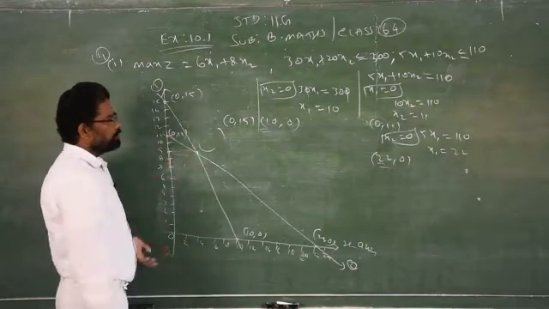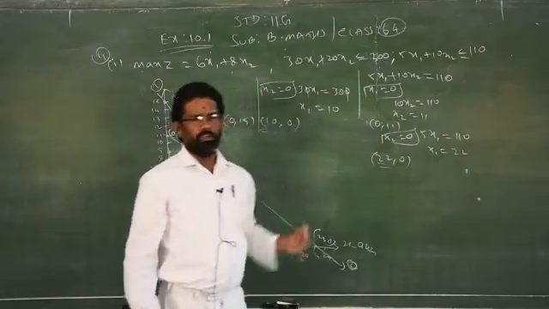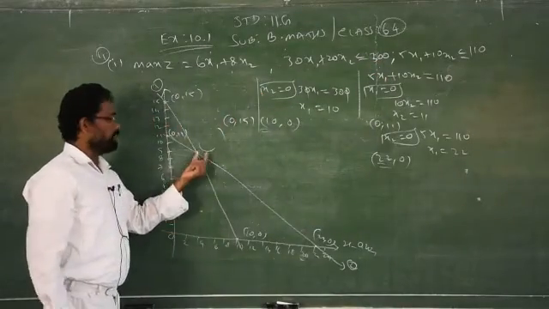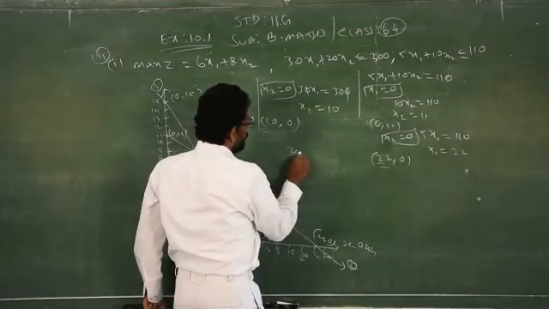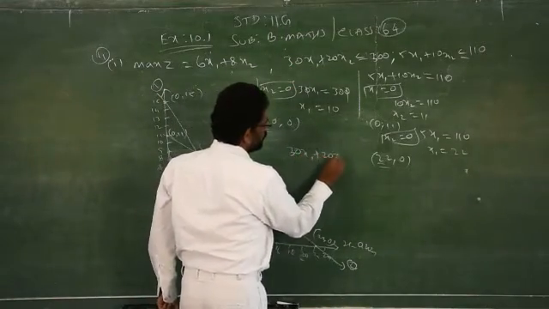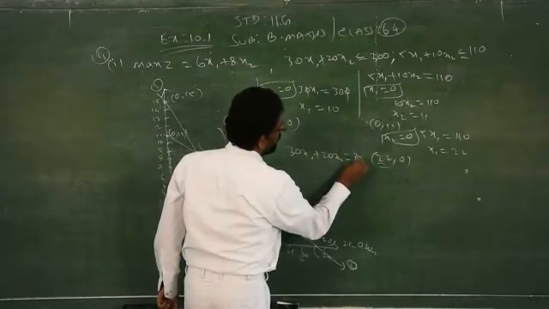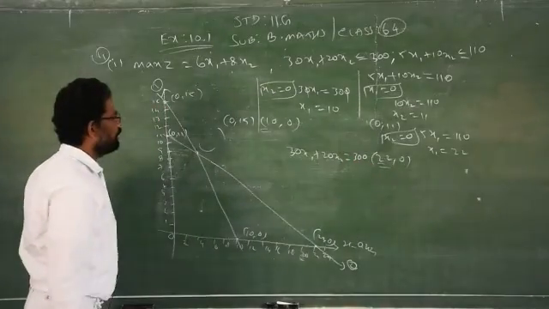Clear? If you are not able to see, then you have to solve these two and find exactly the answer, the intersecting points on the graph sheet. So now you have to solve these two by applying the elimination method. You know very well what is the meaning of the elimination method. This was studied already in the lower classes.